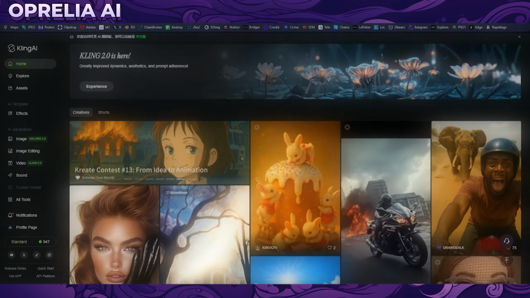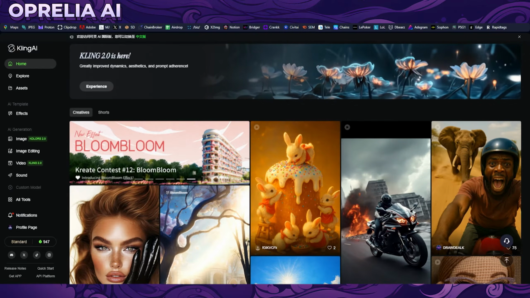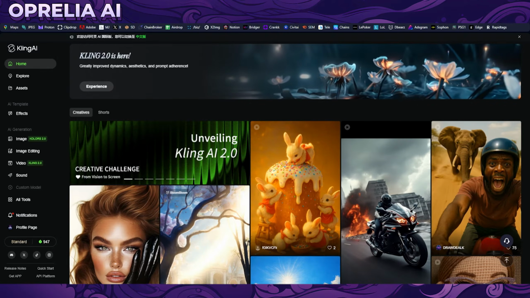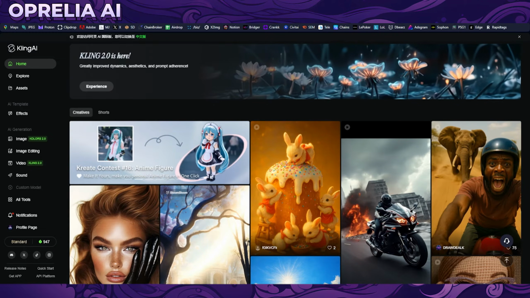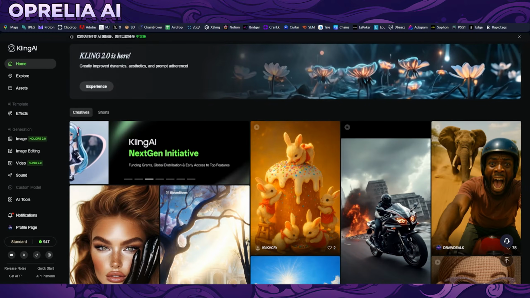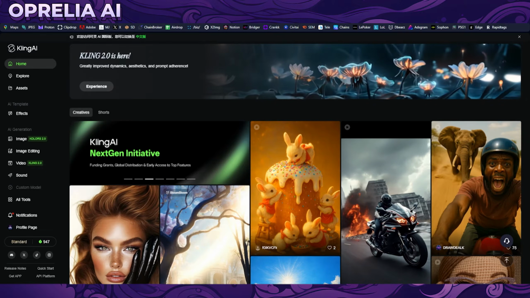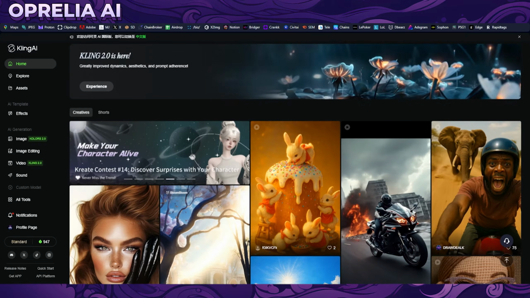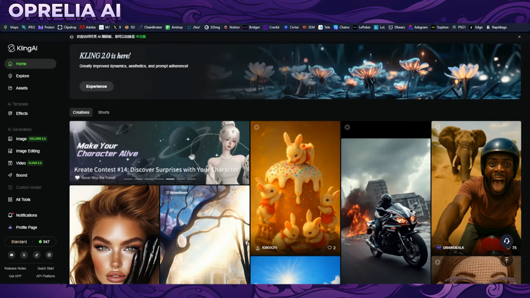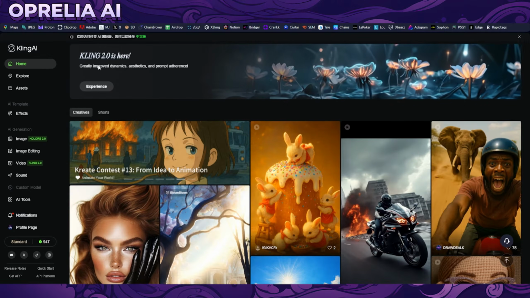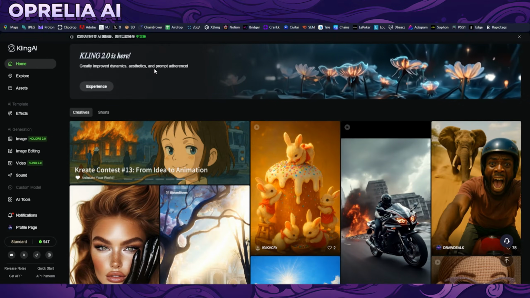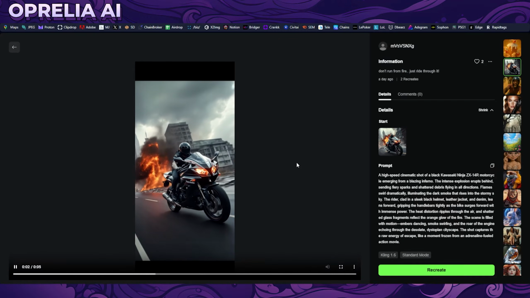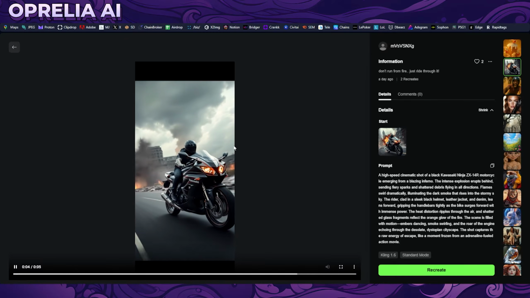This is Oprelia, and today we're going to be looking into this new amazing Kling 2.0 model, which is definitely the new king of the hill of video AI. I mean, 1.6 in itself was pretty amazing, only ranking below Google's own video AI. And 2.0 is basically an improvement over 1.6 in terms of improved dynamics, aesthetics, and how it's following your prompts. So here, for example, we have something that was done on 1.6, and you can definitely see that there's